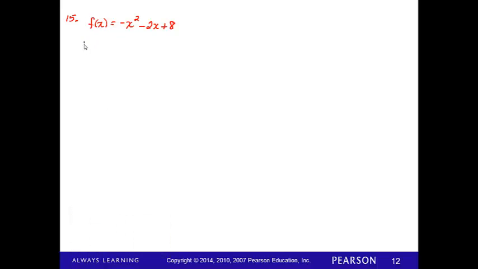So to find the vertex, the first thing you want to do is figure out what's your a, your b, and your c. So a is the number in front of the x², so it's just -1. b is the number in front of the x, so it's -2. And c is a number by itself, so it's 8. Now, using that, let's find x. So x is going to be equal to -b over 2a. So that's